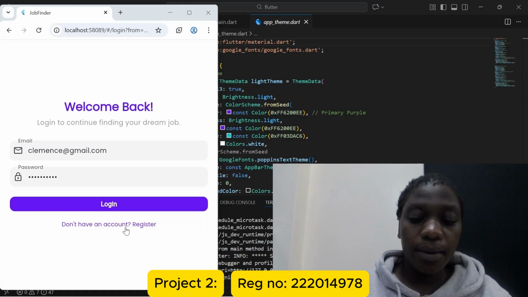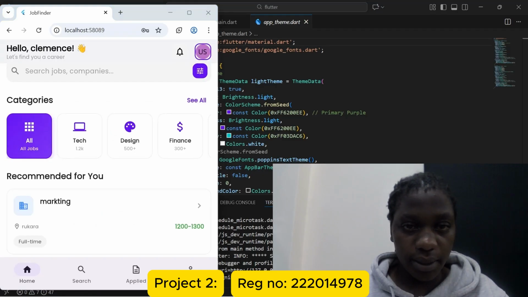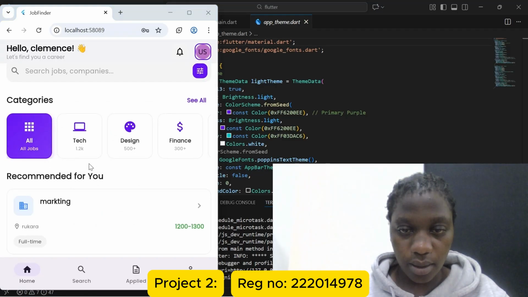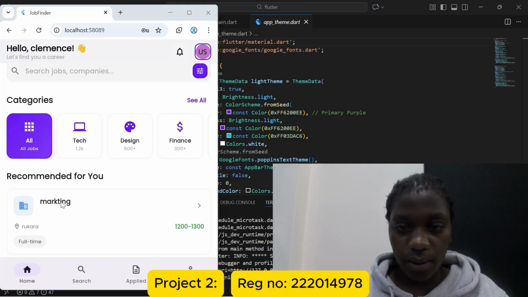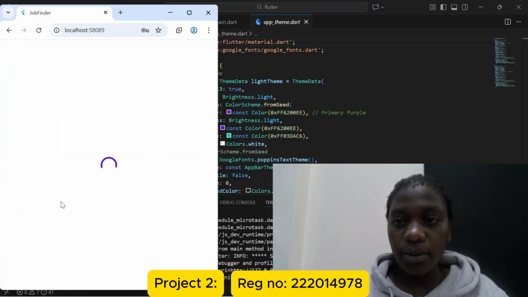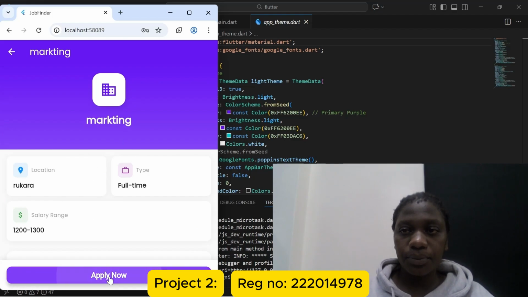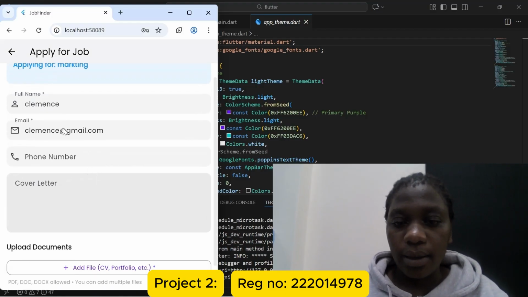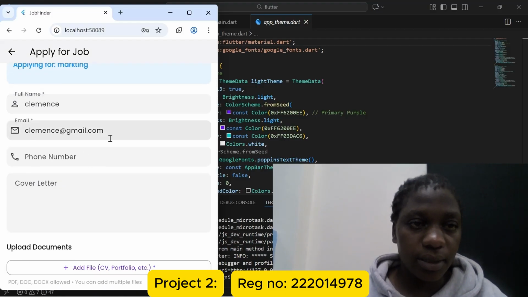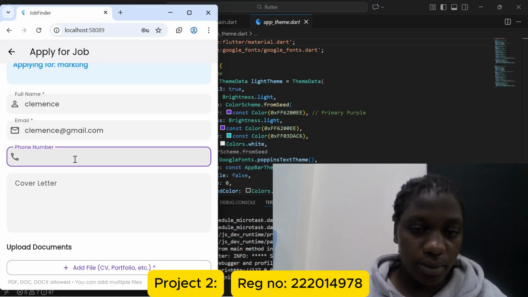Make login as a job seeker. A job seeker can get this dashboard. So in order to make an application for a job, he or she can click on this job. As you see, there is a button called apply now, and then click on it. There is full name Clemence, email, phone number. He or she can type it